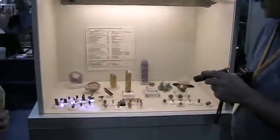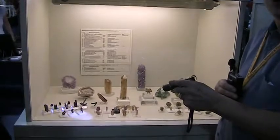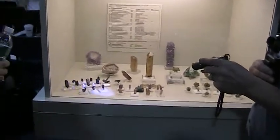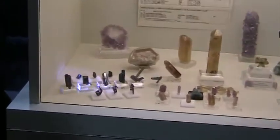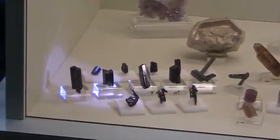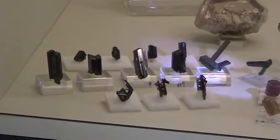In this case, I mentioned the rutiles. There's several varieties here. These almost look like Chinese characters in front. That's the way they come out of the ground. It's most unusual. And some wonderful lustrous rutile crystals in the back from that same find as the rutile after